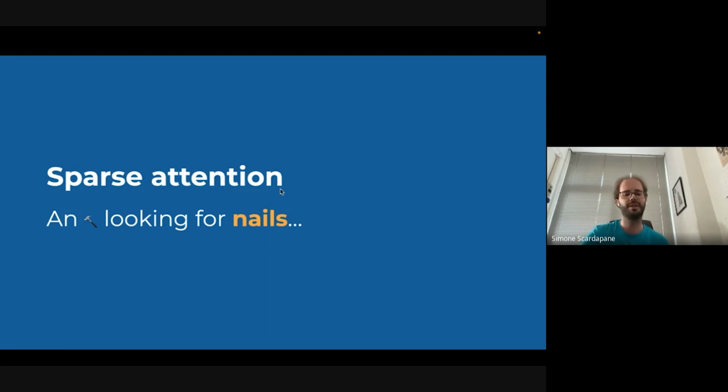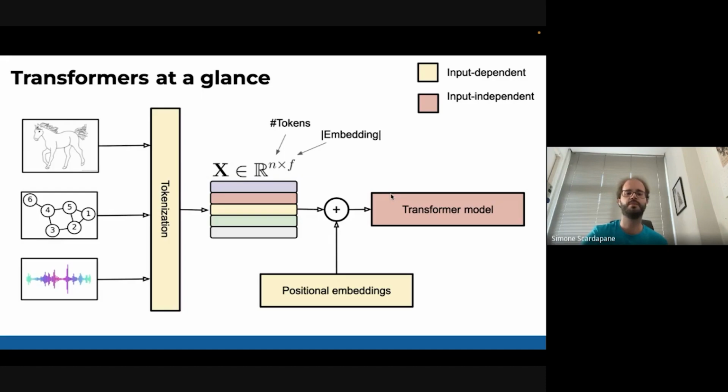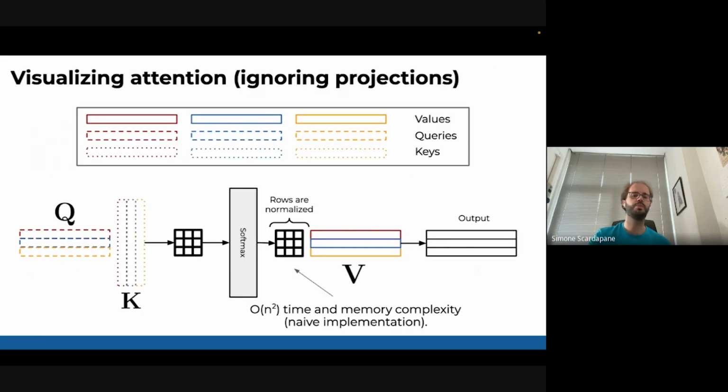In particular, just to give you an example, if we look at attention, this is just a high-level description of a transformer. In a transformer, you get some inputs. They are converted into tokens. For example, you take patches, some positional embeddings are added, and you have the transformer. Inside the transformer, the most complicated part is computing the attention scores.